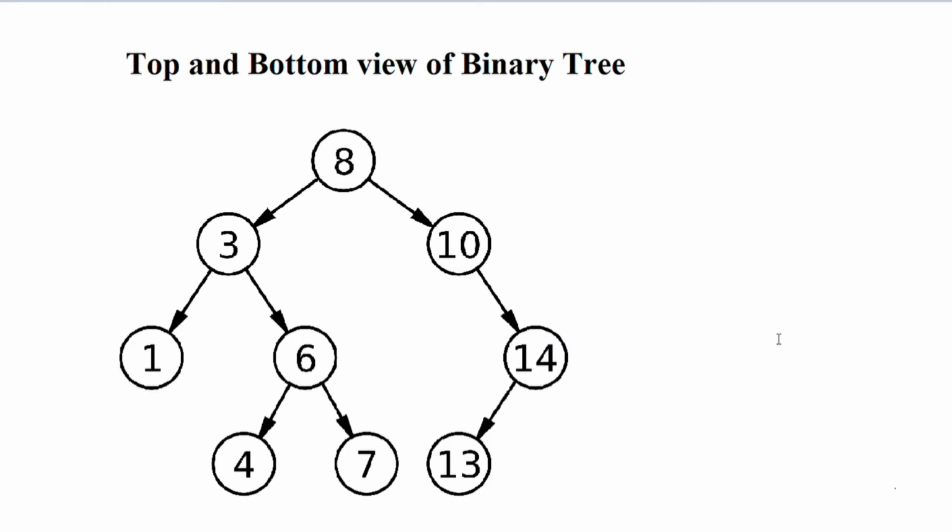In order to solve this question, we'll try to modify the structure of our node a bit. Till now, whichever language it may be, our node only had three elements. It had the data, the address of the left child, and the address of the right child. But now, I'll add an additional feature known as horizontal distance. The horizontal distance that a particular node has from the root node. That will be the key to solve this question. So let's start with that.